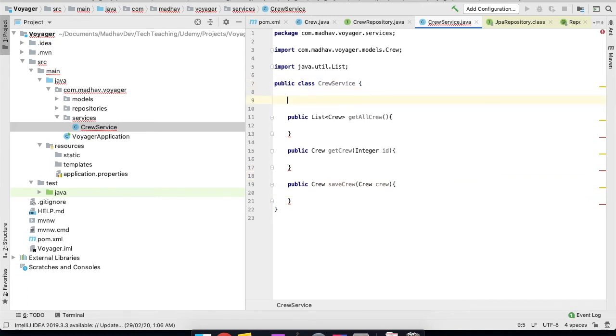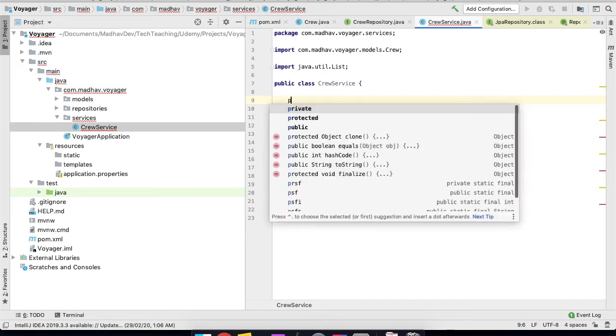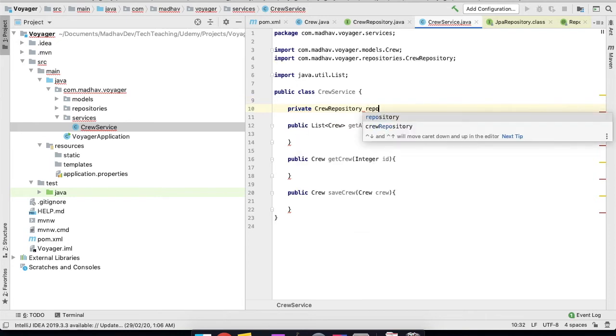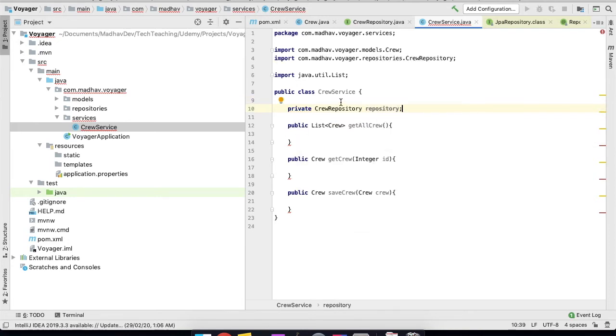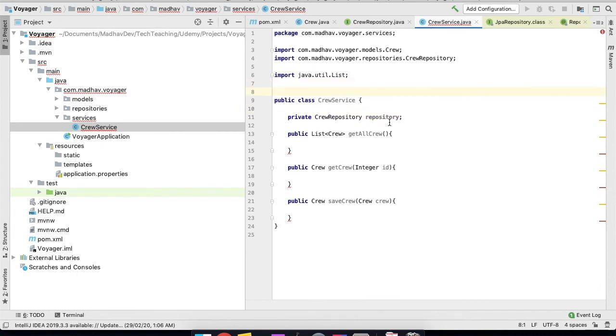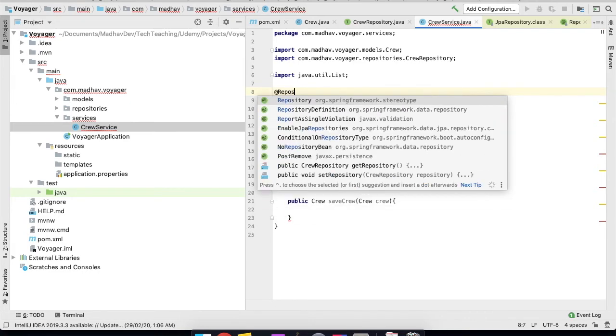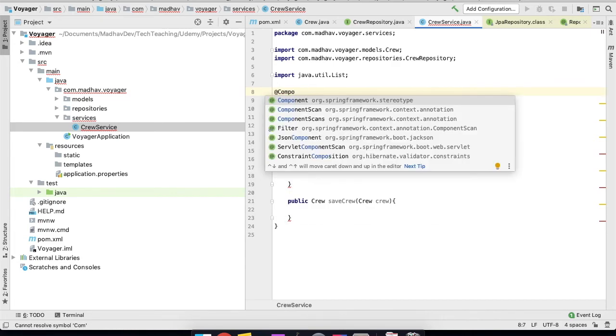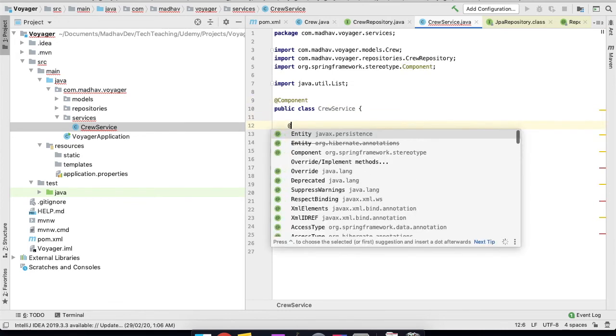Okay. Now let's start defining. Basically, let me get a reference for the repository that I just defined some time back. So private crew repository. The best thing with IntelliJ is it gives you auto suggestions, and it's way better than Eclipse. It's pretty good. It saves a lot of time. So I'll just define it as a component, and I'll auto wire